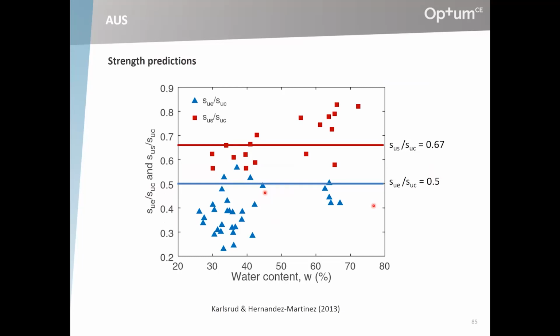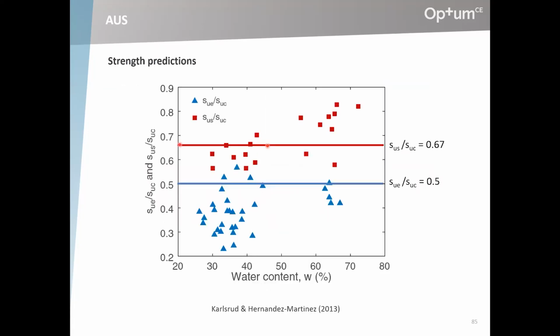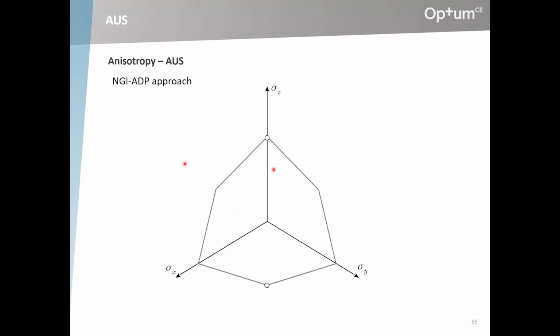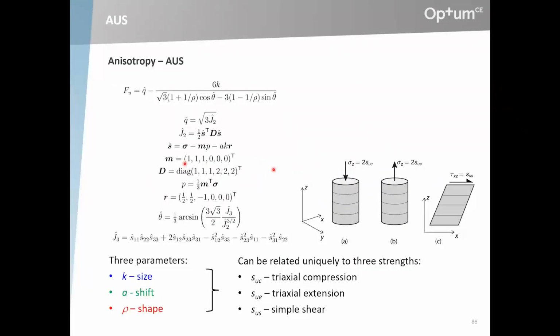And what we've chosen to do to make sense of that is to follow the NGI ADP approach of shifting the yield surface, in this case in what we call the Z direction, the direction perpendicular to the plane of anisotropy, so this direction here. If we are dealing with real physical anisotropy, that's possibly justified. It could be done in other ways. I'm not sure this is the best way, but it's one way of doing it. And you then introduce, let's say, a third degree of freedom. We already have the size and the shape of the yield surface from the generalized Tresca model. Now we also have the shift of the yield surface. So we have three degrees of freedom,